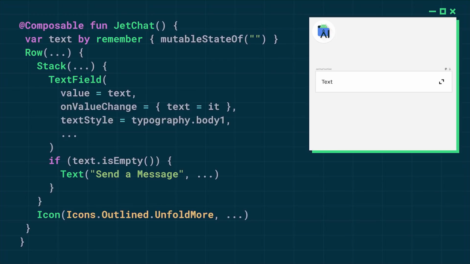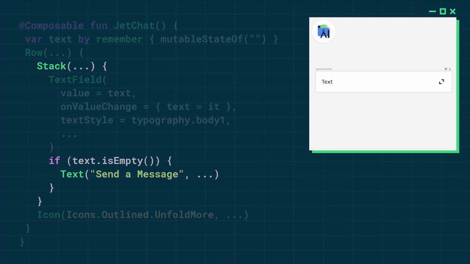Additionally, the design we have wanted this text field to have some placeholder text when the value is empty, but the lower level text field API doesn't have any notion of a placeholder, so we ended up implementing one ourselves without too much effort. We do this by actually conditionally calling a text composable only if the value of text is empty. So this is a good demonstration of how you can build dynamic UIs by writing natural logic that